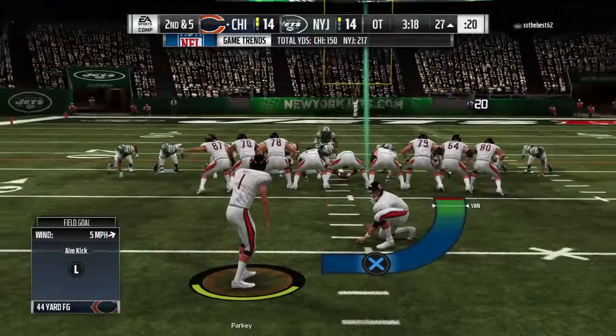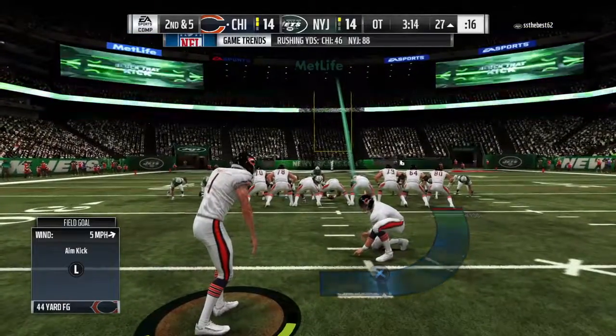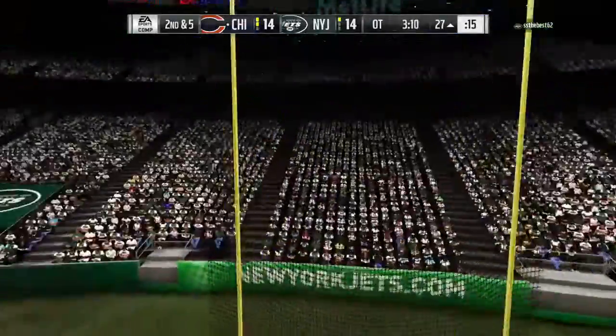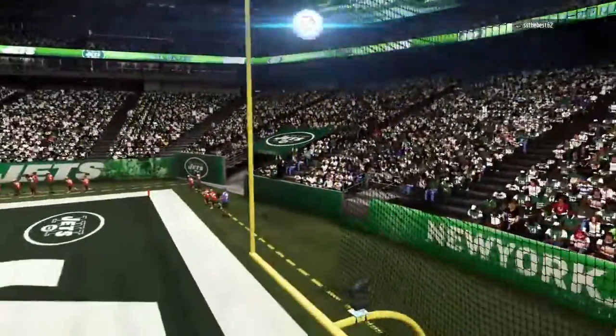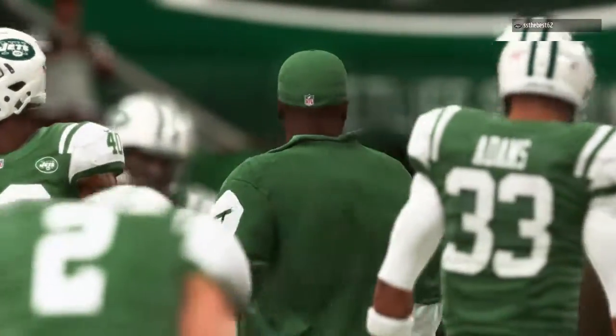So the field goal unit is on the field as this is a big spot right here. This from 44 yards out, left hash. And he got it. The kick is good. In overtime, he's able to split the uprights. We were just